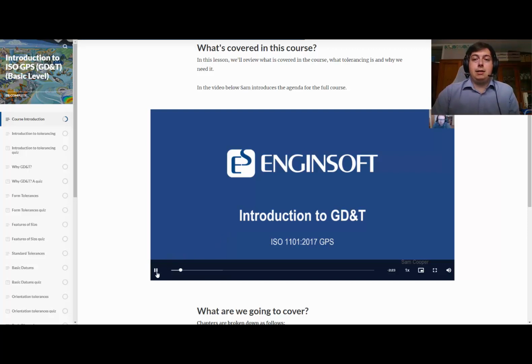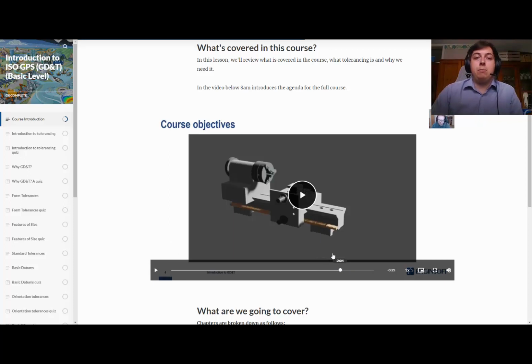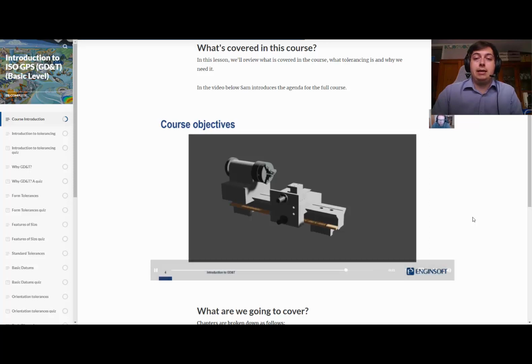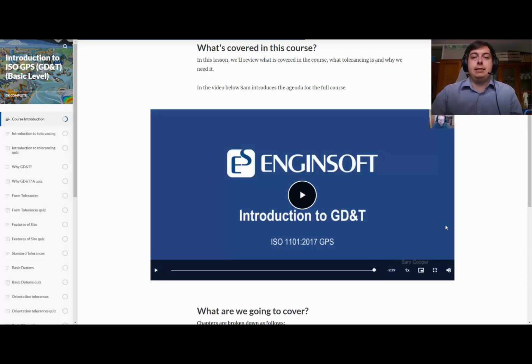The lessons themselves are delivered by our senior project engineer, Sam Cooper. And they're a combination of slides, visual content, and animations that have been developed specifically to talk about each of the individual aspects of the course. Each lesson is presented and narrated by Sam Cooper. So as we go through each of the lessons and learn about each aspect of GD&T, we're having it directly delivered rather than just presented to us visually. We have both methods of learning available,